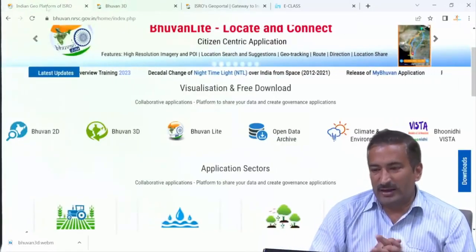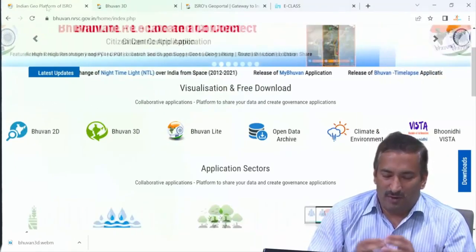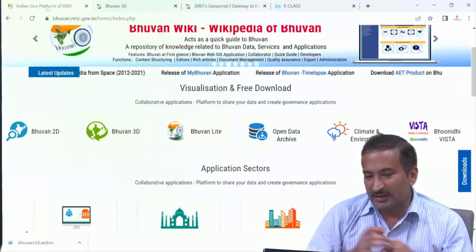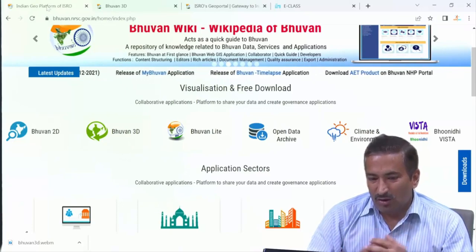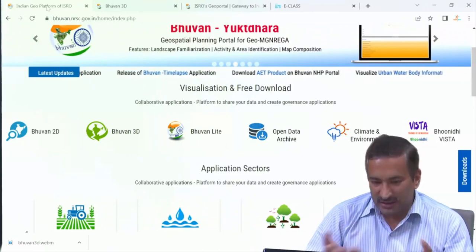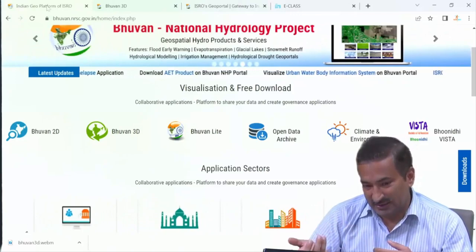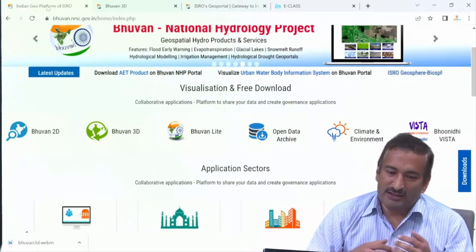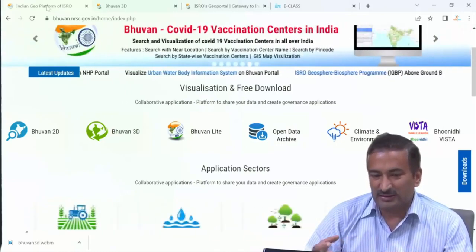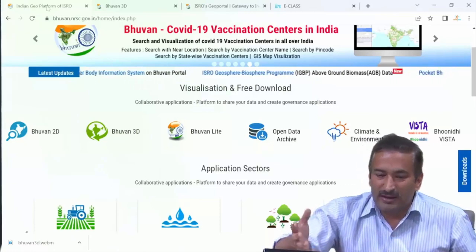Now my interest is, I want to find out from the satellite images over the past 10 years how the urban area or the city area has increased, how much it has increased, and in which direction it has increased. Or you can say, what is the status of the greenness of the city in the last 10 years. So it can be the greenness of the city, or it can also be the urban expansion of the city.